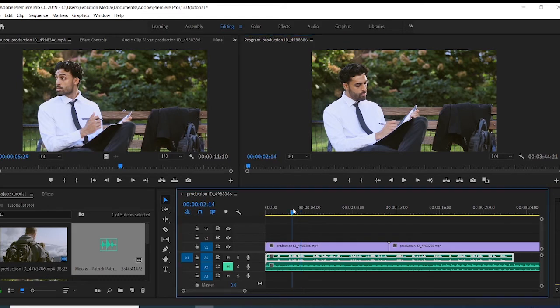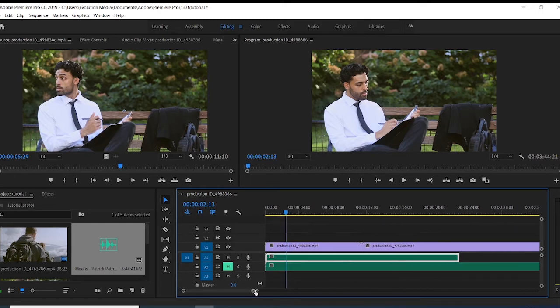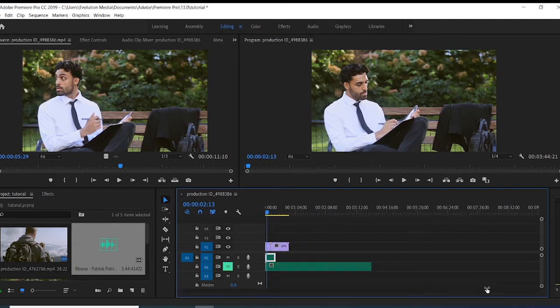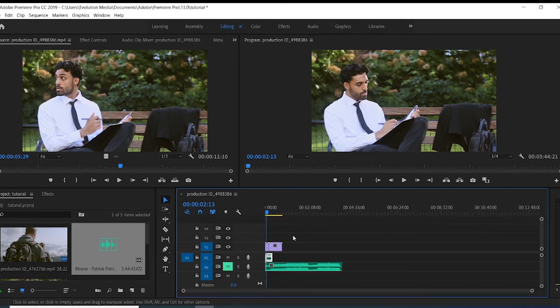Sometimes when you want to do this, you might want to zoom in. If you want to zoom in, this is how to do it. You just drag this zoom out. So I have it very small here. You see, this is the essence of it. You can't really do much on this because it's zoomed out totally, so you might not have a perfect cut. Things will not be perfect.